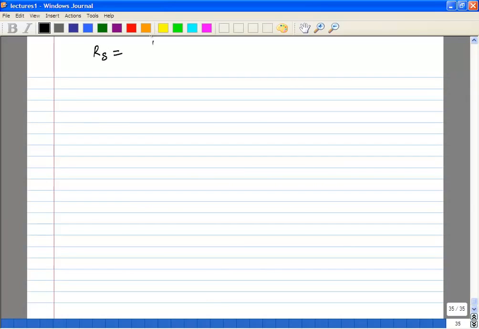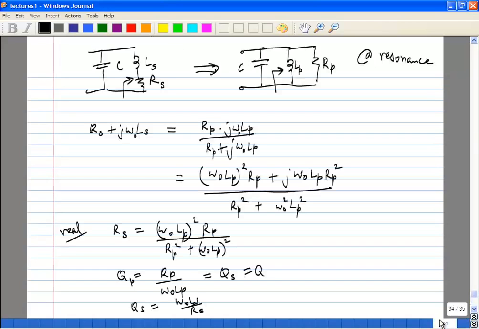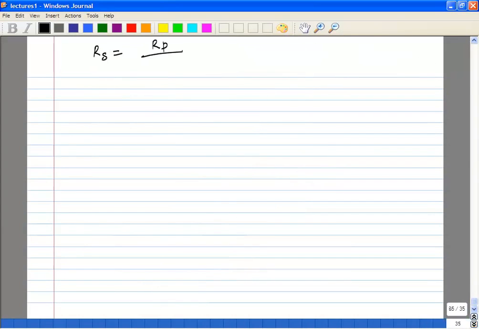What we'll do is, let me go back to the previous page. We'll take this, and divide numerator and denominator by omega naught LP the whole square. So what does it give us? Obviously the numerator will remain RP over, this will become 1 plus,